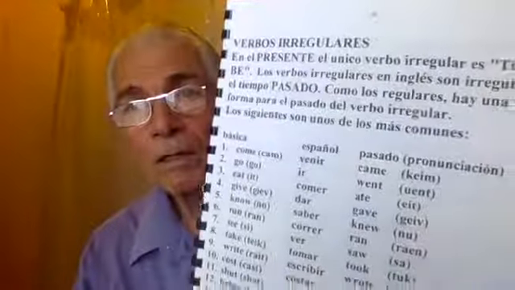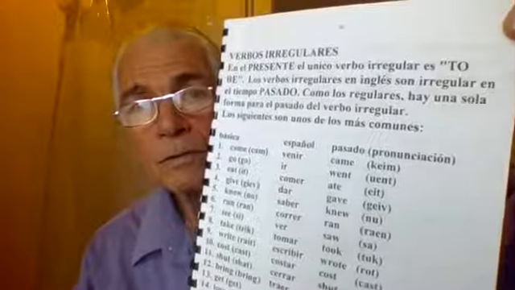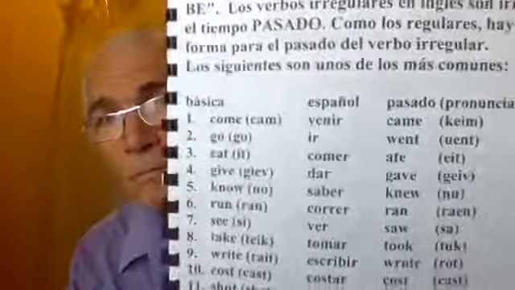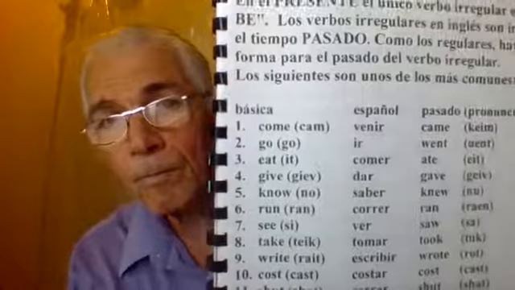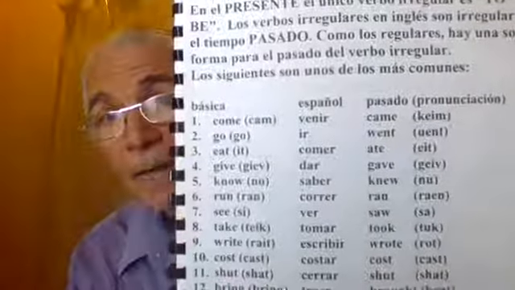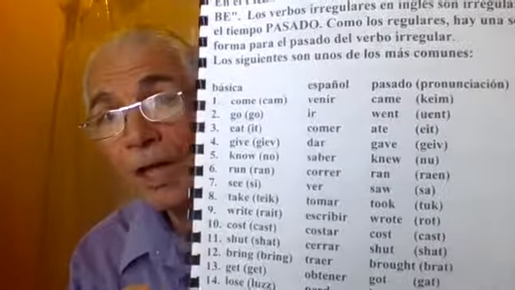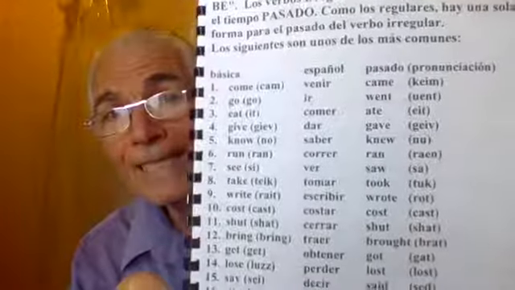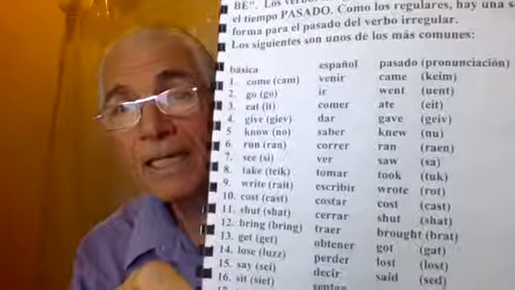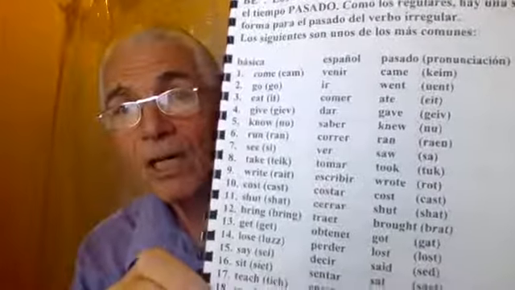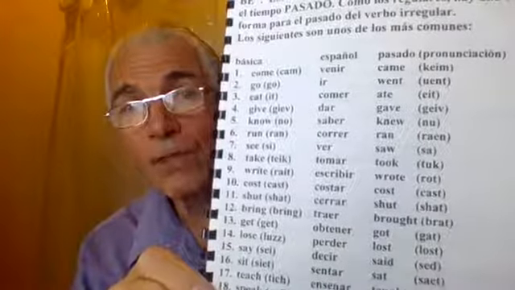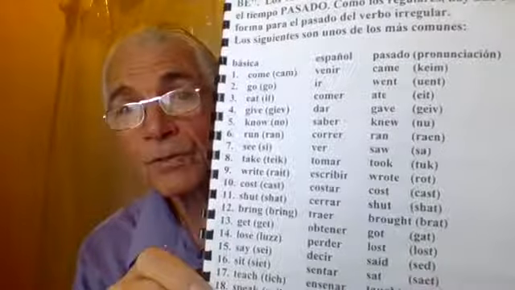Then I continue to explain, and here are the most common. Come, and past tense is came. Go, went. Eat, ate. Give, gave. Know, knew. And as I go along, of course, I have to explain various